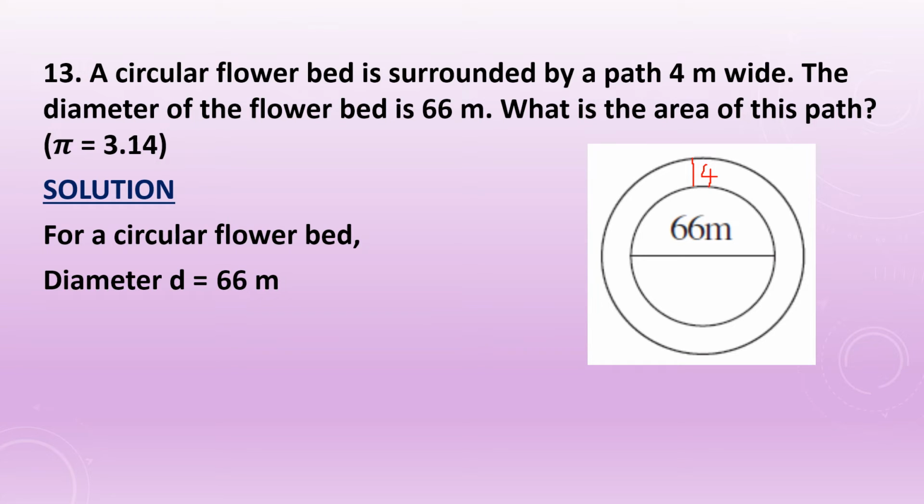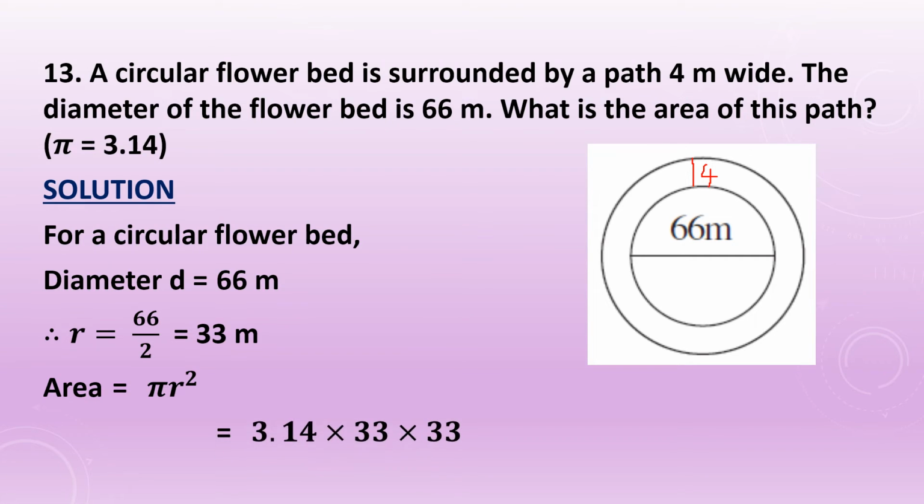So first of all, we have to find the radius of the flower bed. Radius equal to diameter upon 2, which gives 66 upon 2 equal to 33 meter. Now we can find area of the circle. What is area of the circle? Yes, pi r square. The value of pi is given as 3.14. Substituting the value, we get 3.14 multiplied by 33 into 33,